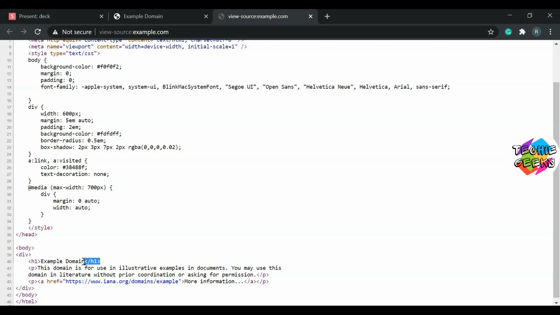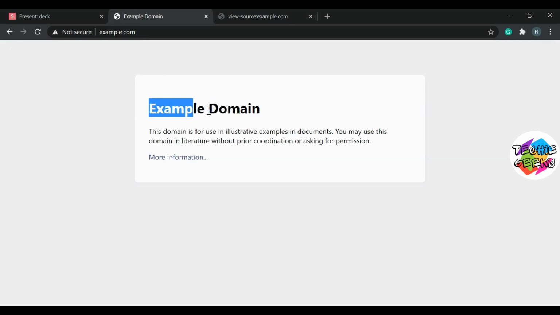Whatever text is placed inside this h1 tag is made bigger and bolder by the browser. For example, in this case, Example Domain is placed inside this h1 tag, so the text Example Domain is made bigger and bolder by the browser.